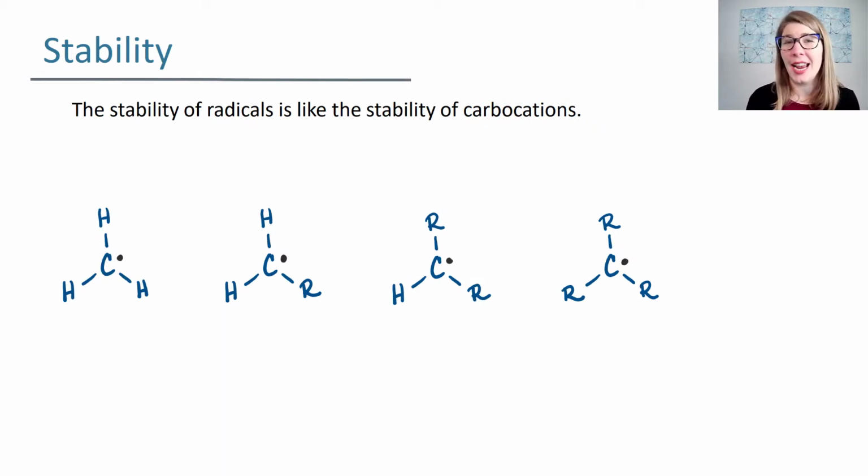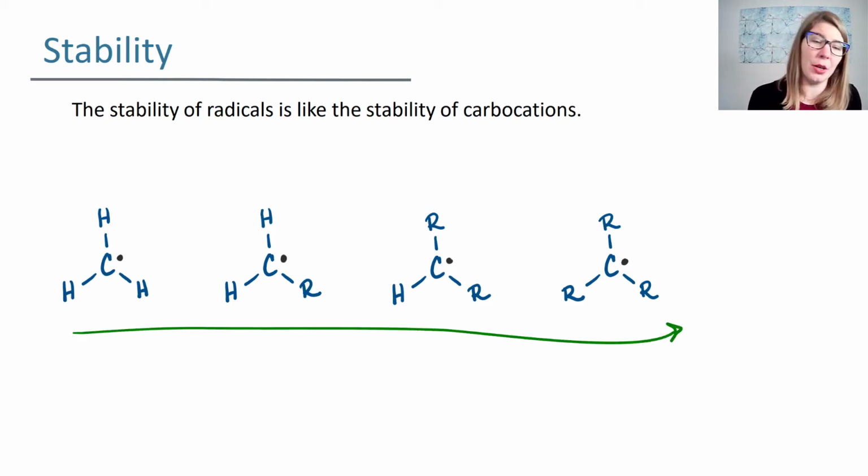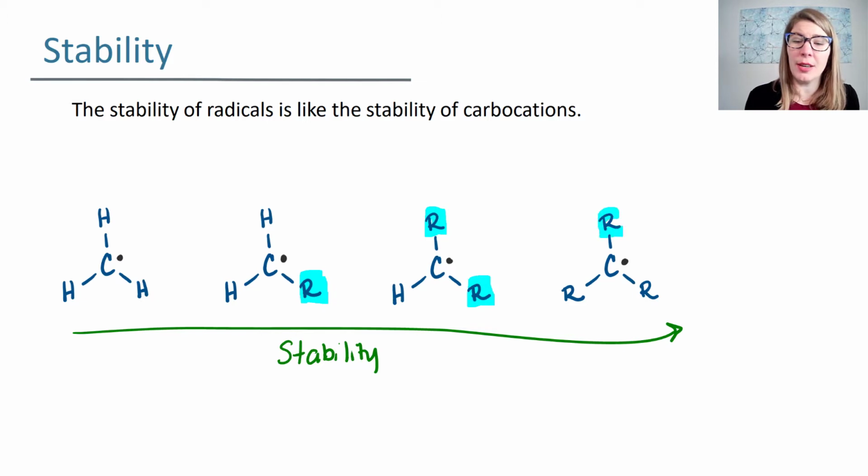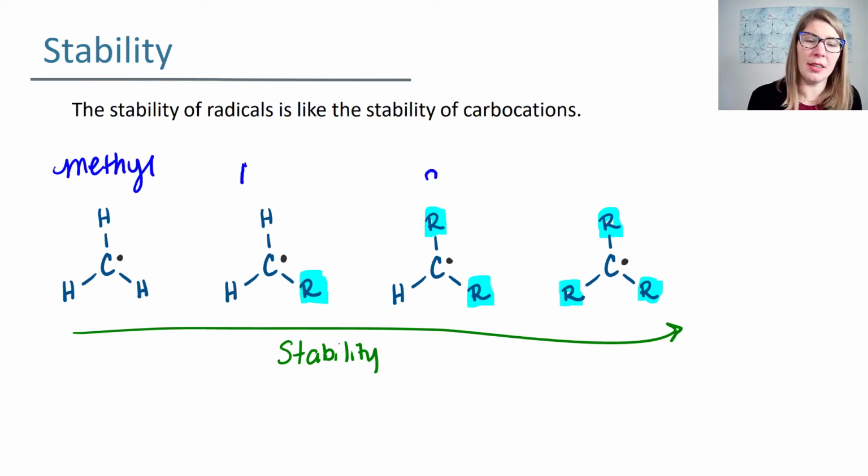Just like carbocations increased in stability when we added more alkyl groups to them, radicals are going to do the same. So if we start at something that's a methyl radical and we go to a tertiary radical, what we see is stability increases as we add these alkyl groups. So here we have an alkyl group, here we have 2 alkyl groups, and here we have 3 alkyl groups. Right, we call this one methyl, this one was primary, this one is secondary, and this one's tertiary,